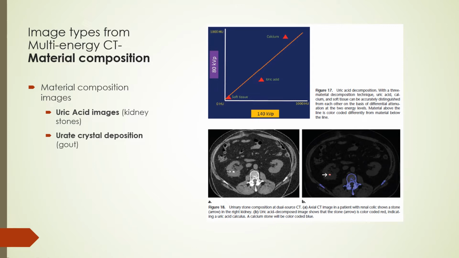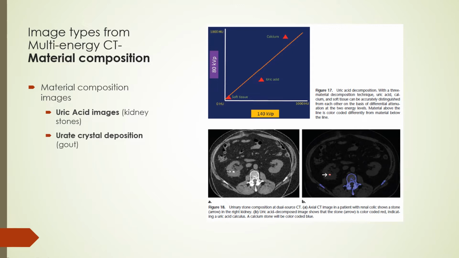The next example of a material composition image is a uric acid image. Uric acid composition images can be used to identify the type of kidney stone a patient has. The top graph shows 3 material decomposition of uric acid. Image A is from a conventional dual source CT, and image B shows the same stone color-coded red for uric acid. Multi-energy CT can also be used for qualitative and quantitative determination of urate crystal deposition in tissues, which is